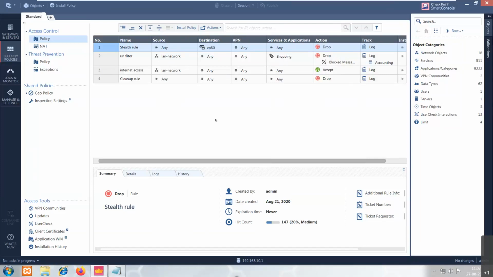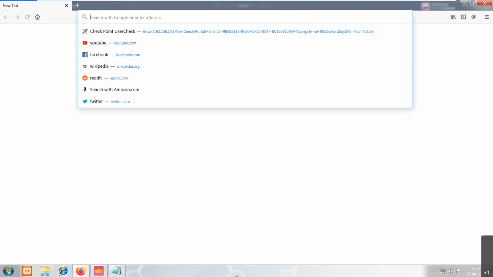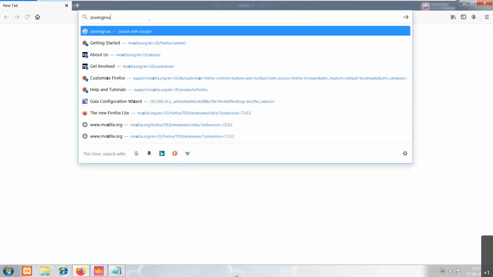So to do that, I'm going to implement some restrictions. Let us see if I will be able to access those websites or not. Now let me say I want to access zoomgroup.com.